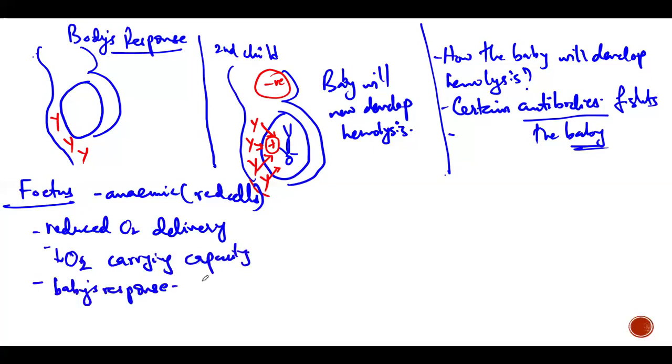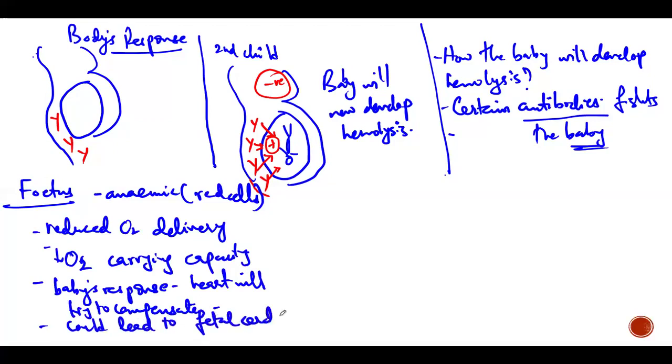And what will be the baby's response? Cardiac failure, right? Because of this entire red cells struggling with these antibodies working overtime. So let's just put this as your first point. How does the baby develop hemolysis, and what exactly does it mean? Fetal cardiac failure in that second child is a big possibility, unless you find ways to ensure that these antibodies do not destroy these Rh positive